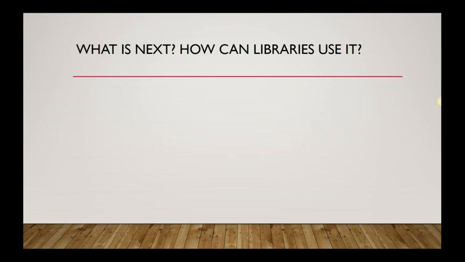So we know what technology is to us now, so what is next? How can libraries utilize this technology, knowing what we know about technology and how we feel about technology? So here's some of the things we'll cover today. Libraries can use it for teaching and sharing programs. We'll cover some of the ways that you can teach your patrons how to use and utilize this technology and how to share things using tech. We will also talk about how you can stay current with it.